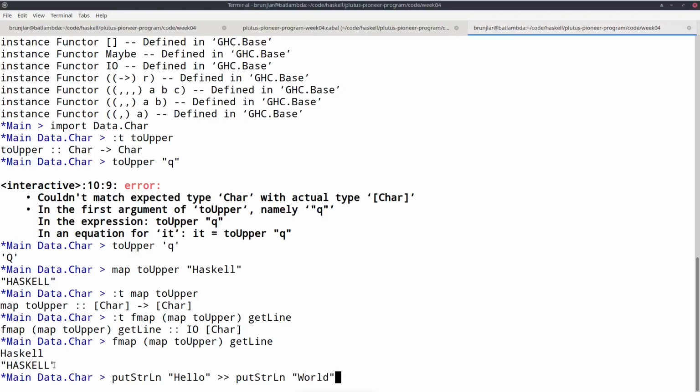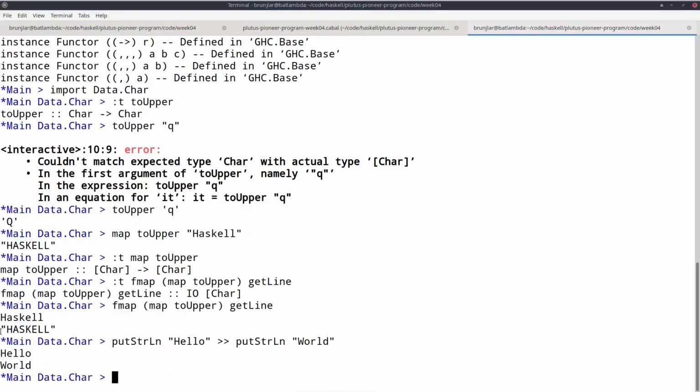And if we execute this, both actions will be performed in sequence. I think the operator is called sequence. In this case, putStrLn only has a unit result, but of course the first one could also be a function that has a non-trivial result, but this operator simply ignores it.